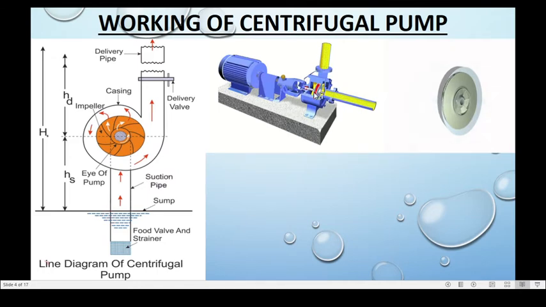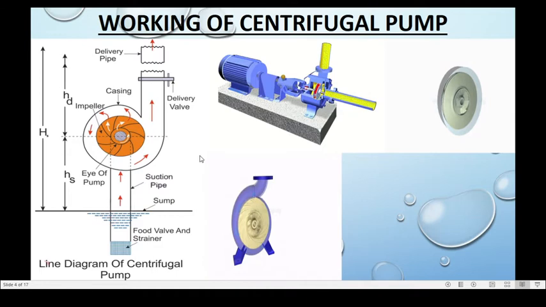This is the impeller. As this electric motor is rotating, the shaft is rotating and this impeller is also rotating. Okay. So this impeller is fitted inside the casing of the centrifugal pump. You can see in the next diagram. As the shaft is rotating, the impeller is rotating. And as I have told, this impeller is always immersed in water.